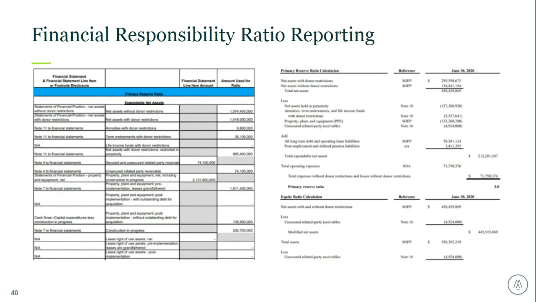Here are a few examples that have been pulled from the Federal Audit Clearinghouse. As you can see, there is no one set prescribed format. The key element, as mentioned on the prior slide, is that all of these elements must directly tie back to the financial statements or those note disclosures. The example on the left is more in line with what is shown in the CFR, and the one on the right is a more simplified version, but both are considered acceptable.